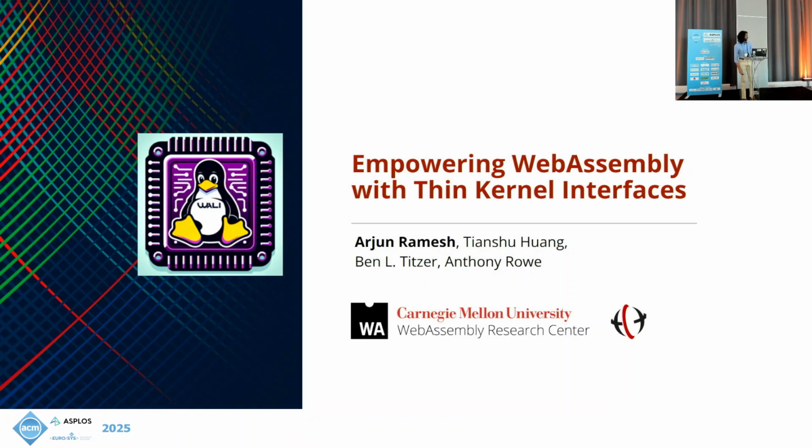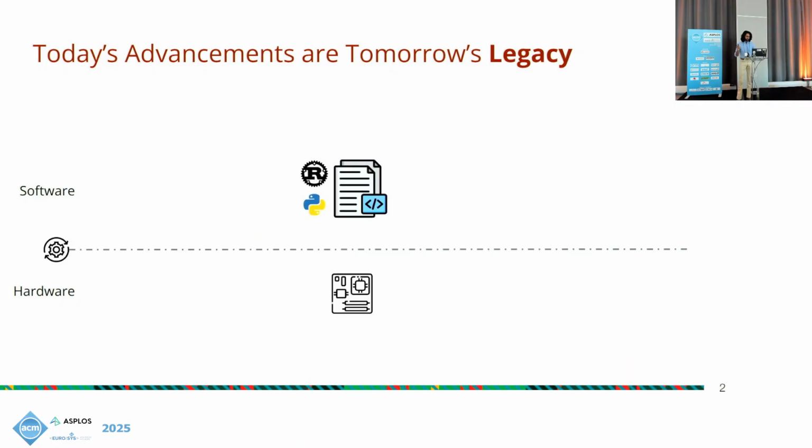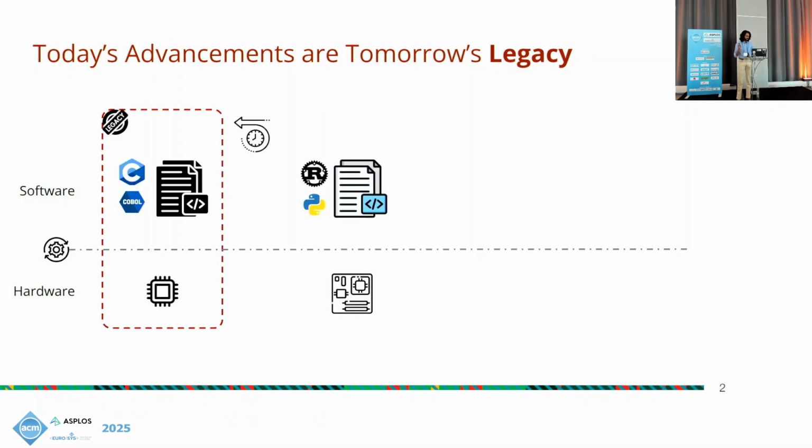To present our work today on empowering WebAssembly within kernel interfaces. So to start off this talk, I want to highlight that we're at a state right now where languages have evolved in expressiveness, their reasoning capabilities, static, dynamic analysis, and likewise, platforms have also evolved. We have more powerful compute, we have heterogeneous compute, and we have the ability to operate more energy efficiently. But what we don't realize is that we also carry a lot of legacy baggage to get here.